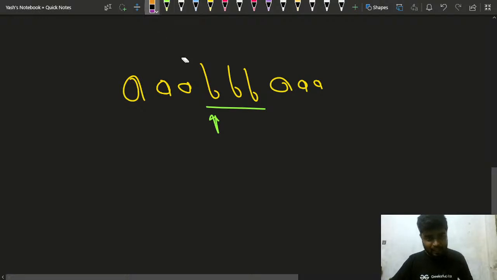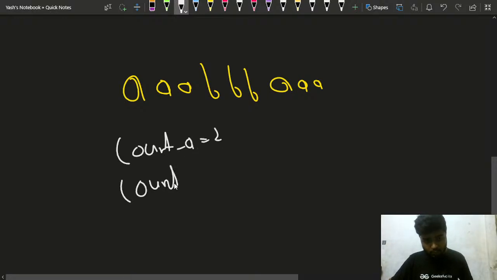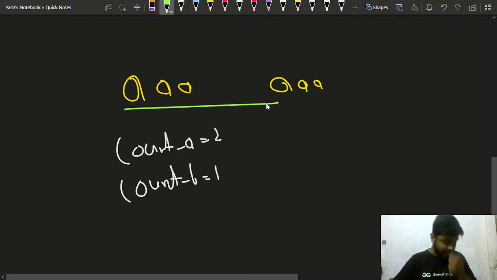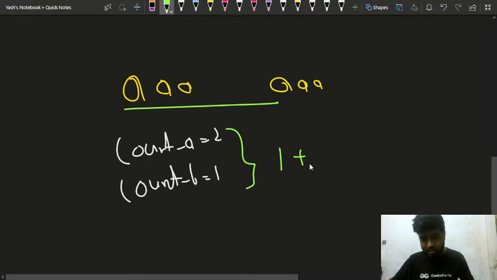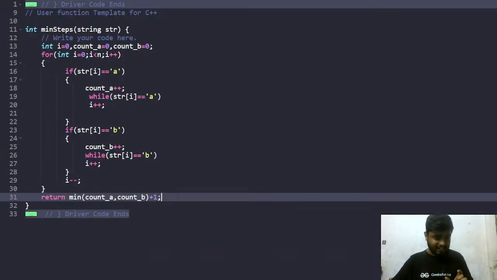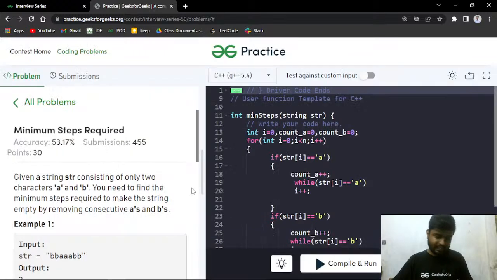Basically if you have a and b, like this kind of a case, you can observe that count underscore a is nothing but 2, and count underscore b is what? Count of b's is 1. Consecutive a's are having two different segments, and b is having just one segment. So if you remove this b, then all the a's come together, then you can remove all the a's, right? So that's why you take the minimum of these two, that is 1, plus 1 step more for the other character, right? So minimum of the segments of one character, and then plus 1 for the other character. That is what you will do.